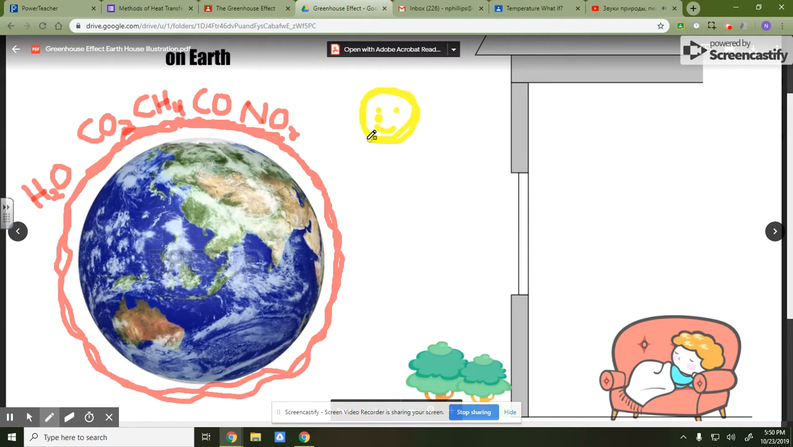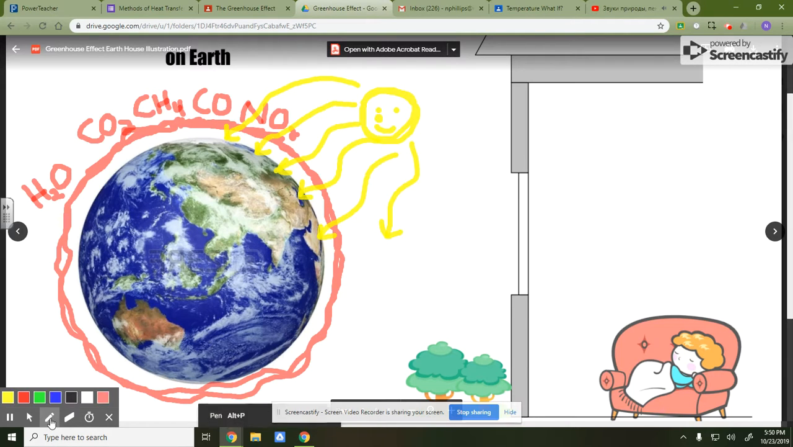The sun sends off visible light. Use your yellow color, friends. Draw many rays of light. Visible light is able to pass through the greenhouse gas layer, fortunately, otherwise it would be a dark Earth. Through the greenhouse gas layer, it lands on the Earth, and like anything that receives visible light,